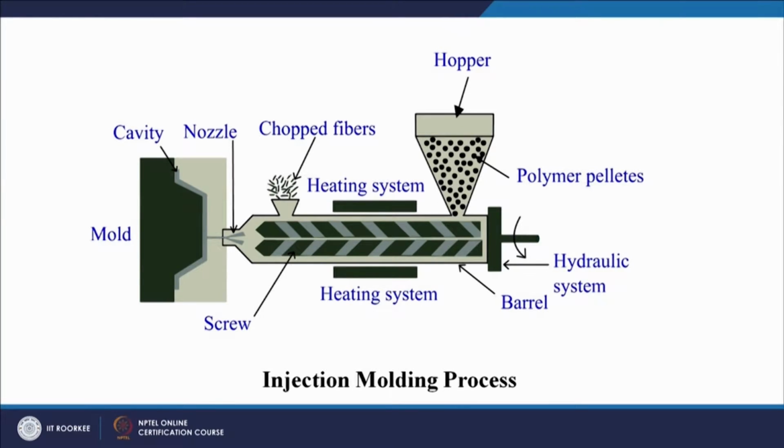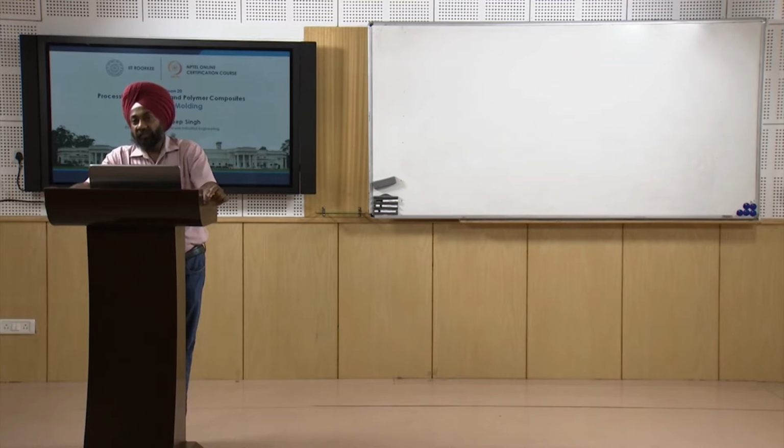Now suppose we are using natural fibers, there is a tendency regarding the degradation of these natural fibers under high temperature. That is one chance of failure of the fibers, or degradation in the properties of the fiber. The second problem can be that the fibers may get sheared by the rotation of the screw, and this shearing may reduce their length and may cause damage to the fibers, and the fibers may not be able to achieve the purpose for which they have been introduced into the polymer.